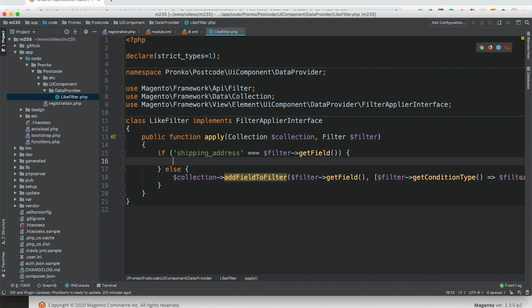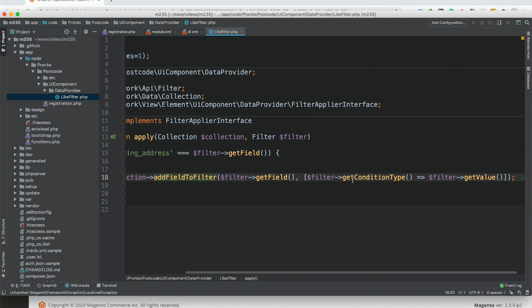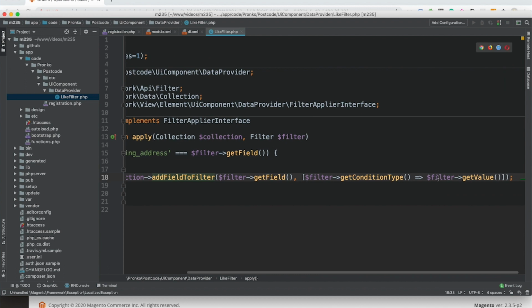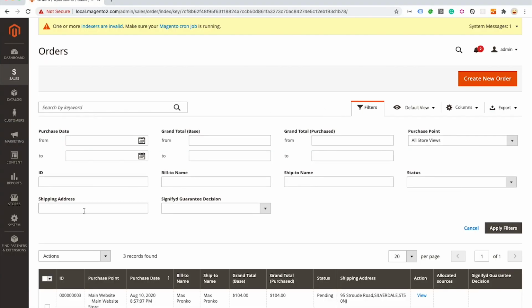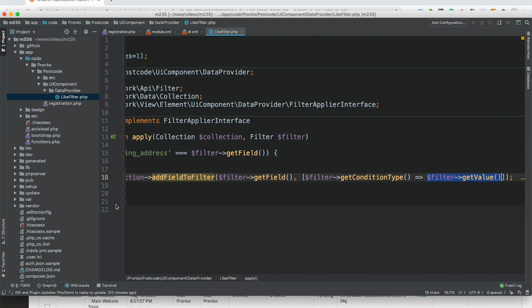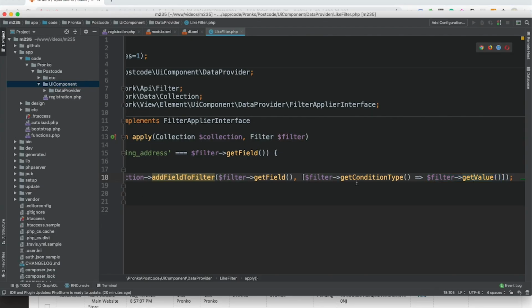What I mean by this is that here, once we hit this condition, addFieldToFilter, we provide a single value from our filters.